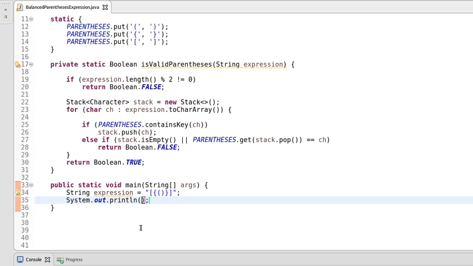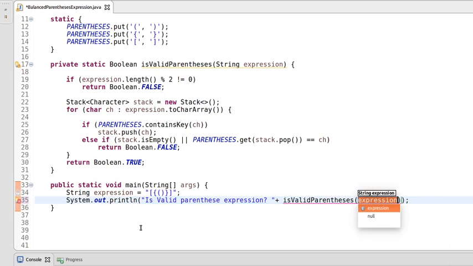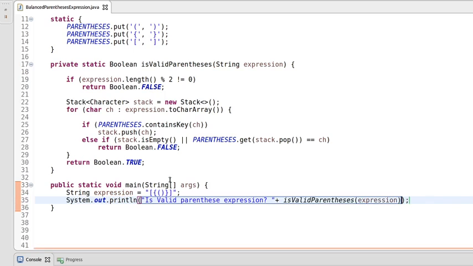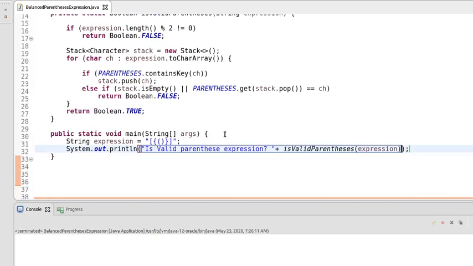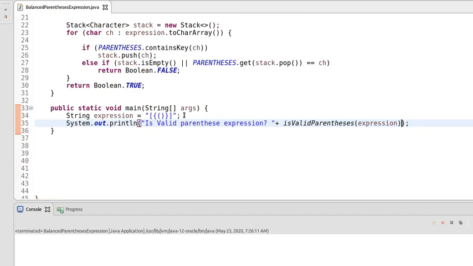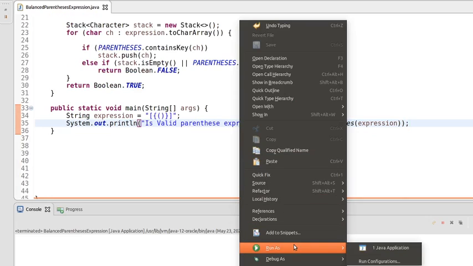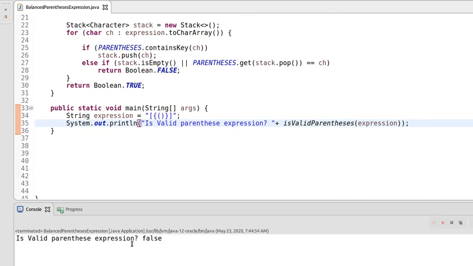We'll say isValidParenthesisExpression, and we will pass the expression here. Let's test whether this program is working fine. We are passing a valid expression, so we are expecting true, but we are getting false.